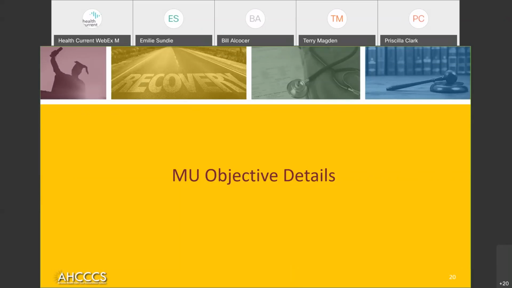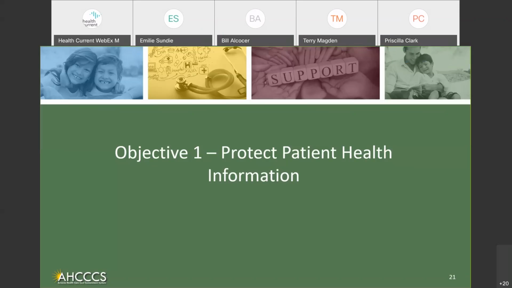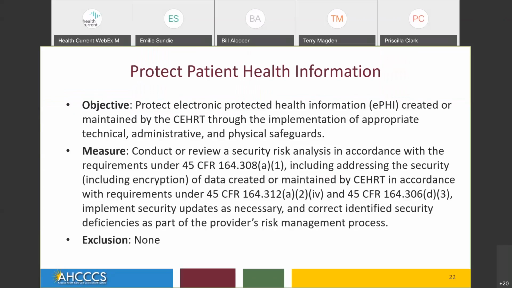So let's go into each of those 8 objectives. The first one is protecting patient health information. The objective is to protect electronic health information created or maintained by the CEHRT through the implementation of appropriate technical, administrative, and physical safeguards. The measure is to conduct or review a security risk analysis in accordance with